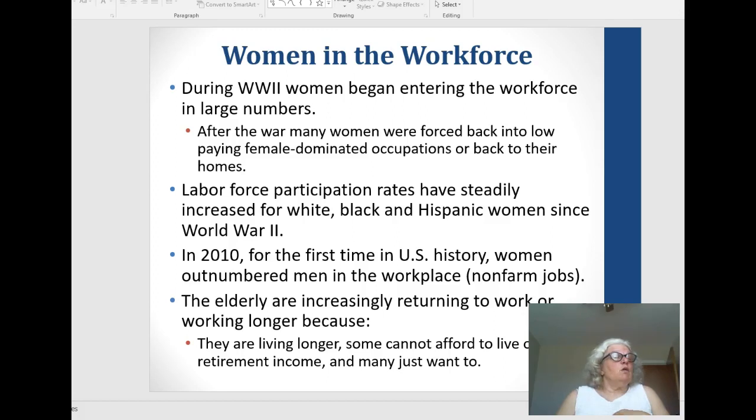So we've seen some difference. And the elderly are increasingly returning to work. And this goes back to our chapter on aging. Number one, the jobs may not require the physical strength that they previously did. Many things are computer related. The issue as far as saving for retirement definitely comes into this role. And the fact is that we live so much longer that we need to work longer, and there are significant issues that keep the elderly there. They can't afford to live on their retirement income. Many want to continue to work, and on top of that, there are not necessarily workers to replace them.